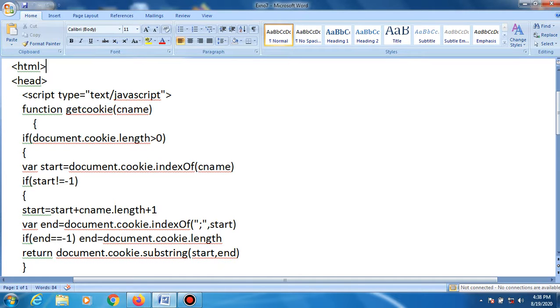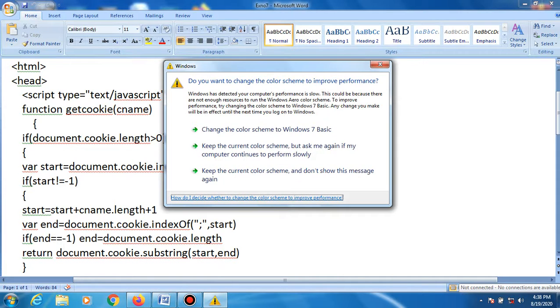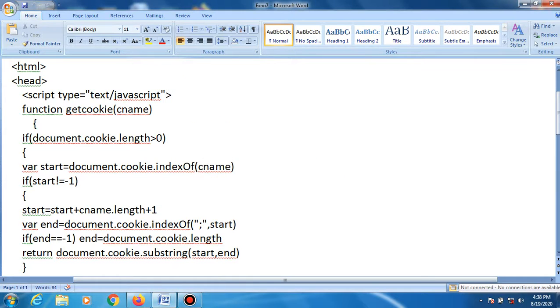Responsive web page using cookies. The output will be like this when you execute this program.